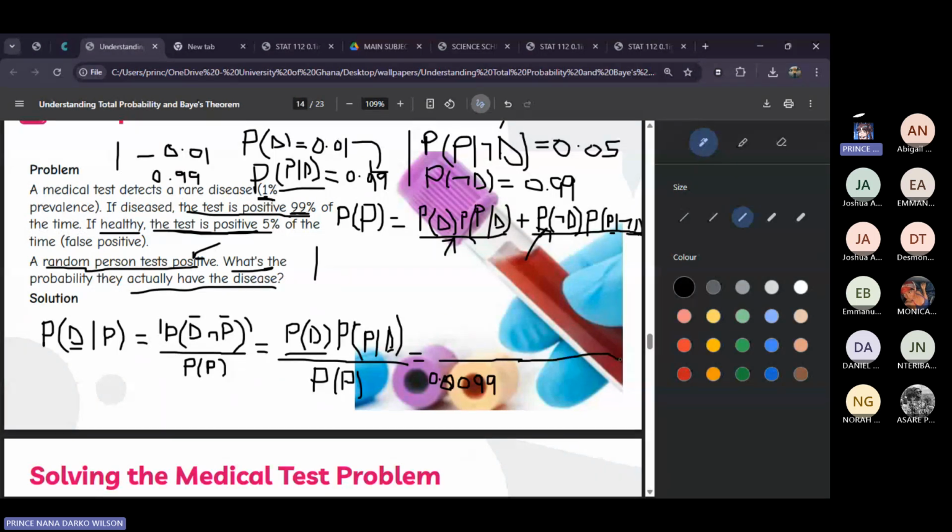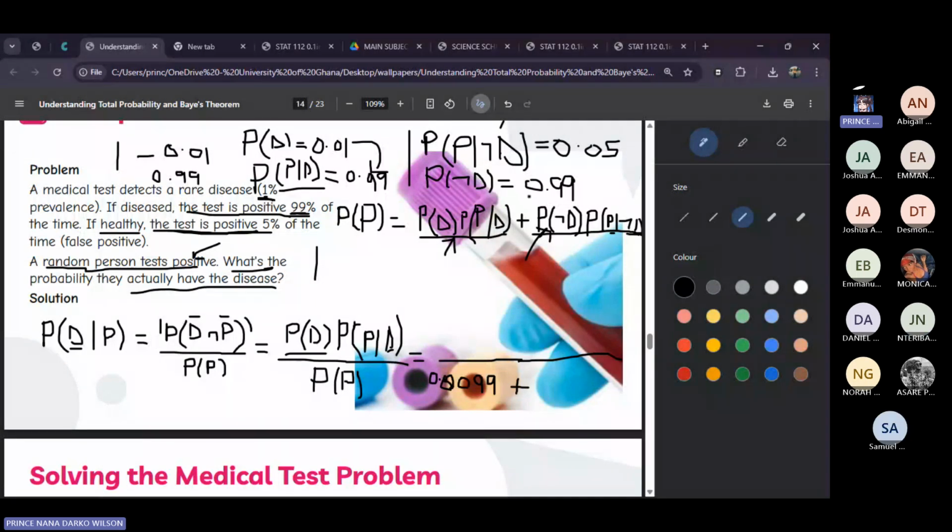We combine that with the probability of testing positive and not having the disease. That's going to be the probability of not having the disease times the probability of testing positive, given that you don't have the disease. So 0.99 times 0.05. And that gives us 0.0495. And our numerator is what concerns the probability of having the disease and testing positive,